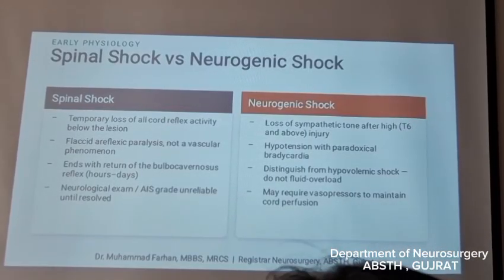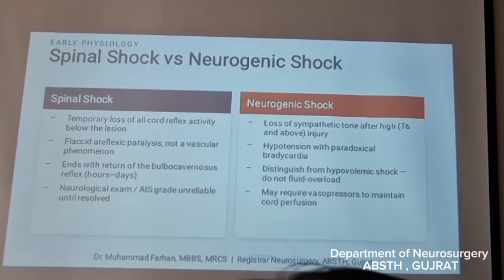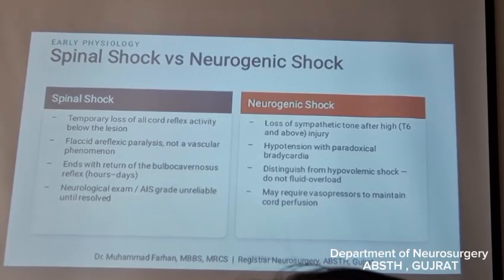Then spinal cord injury can also lead to spinal shock and neurogenic shock. In spinal shock, there is temporary loss of all the cord reflex activity below the lesion. There is a flaccid areflexic paralysis. It is usually not a vascular phenomenon. Usually, the blood pooling occurs due to the muscular paralysis, and there is flaccid paralysis due to which muscles do not contract and venous pooling occurs. And also there is a complete loss of the reflexes below the level of the lesion, and it usually resolves within hours or days, and then after it resolves